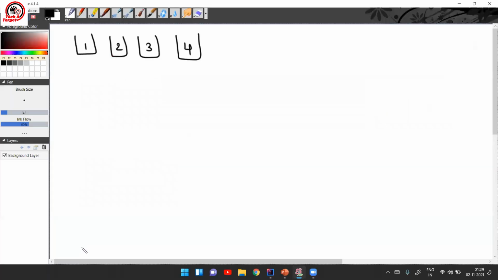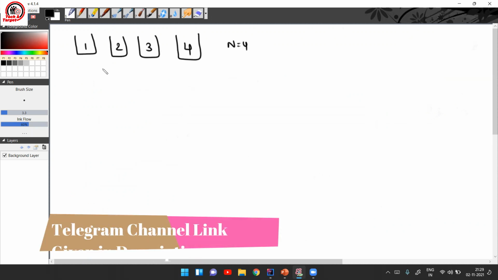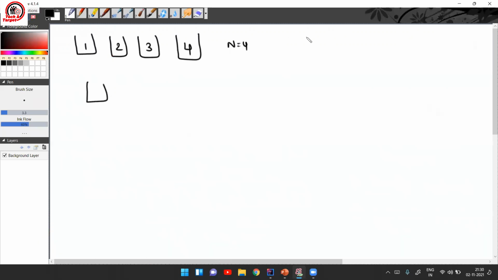Okay, so here it is. According to the first question, we were given 4 boxes. So the value of N was 4, and we had 4 containers, or 4 boxes, and the first box had 1 chocolate, the second box had 2 chocolates, the third box had 3 chocolates, and the fourth box had 4 chocolates. Now, what the problem is saying is, you will take one empty box, and you will initialize one answer variable, and definitely you will initialize it with 0. Now, the answer means the time required for you to put all these chocolates into a single box.